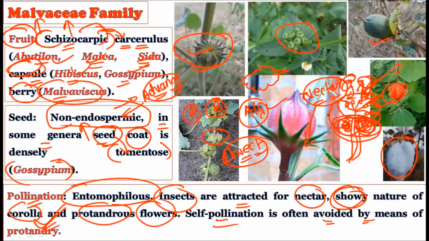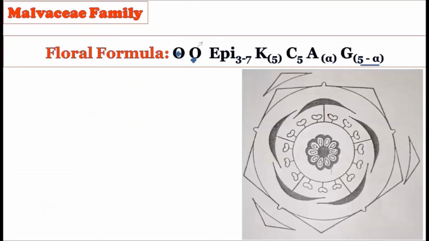Okay, now let us consider the floral formula. The floral formula will be very different for the Malvaceae family. Now observe, the very first thing in the floral formula given is the actinomorphic condition. So the flower is actinomorphic, that is why the actinomorphic symbol is put here. And the flowers are hermaphrodite or bisexual in nature, so both sexes, female and male, are present in the flower, and this particular sign is placed.